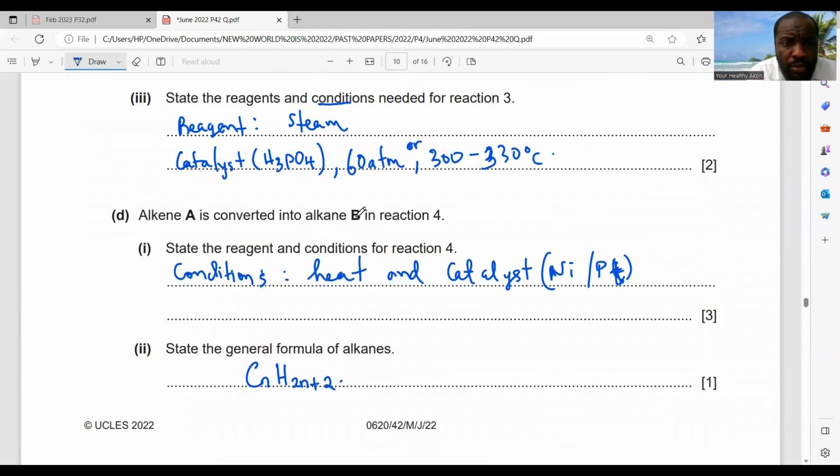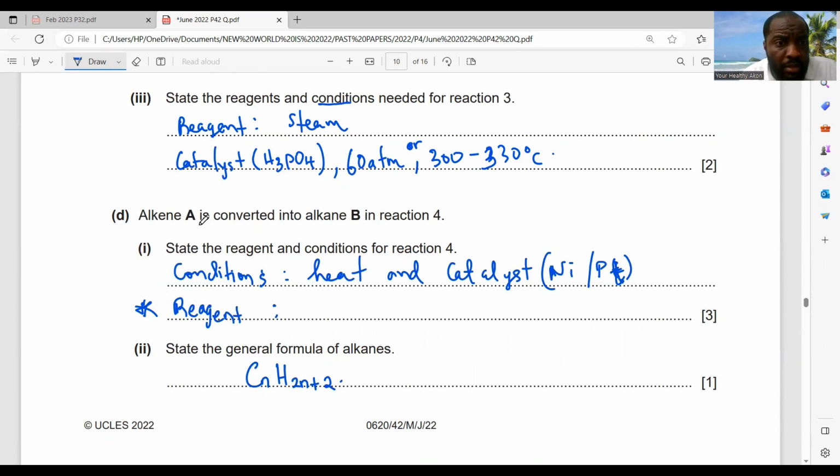And alkene is converted to this, to the reagent and conditions. Okay, we did the condition. Now, we are not done with the reagents yet. Can you see now? So there's a missing mark here. So these are the things that students go through. You need what? Reagent here. Sometimes we lose marks not because we don't know, it's because of our own ignorance. So the reagent here would be